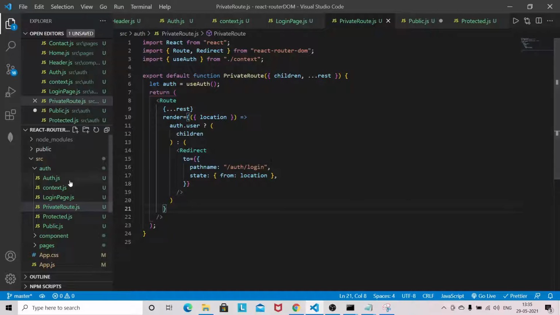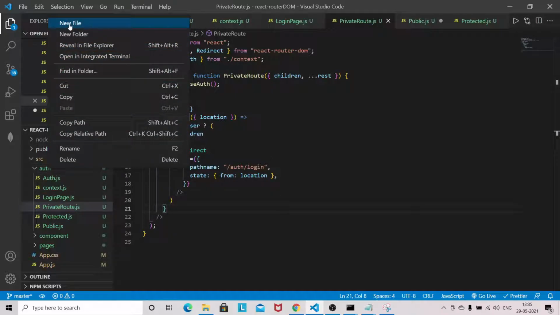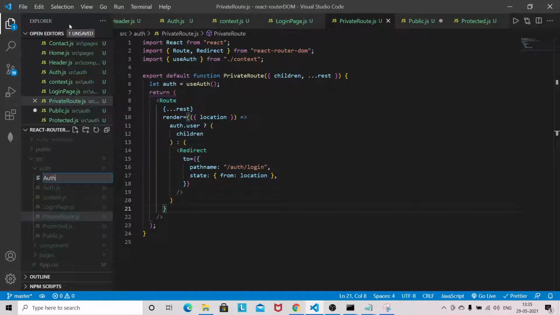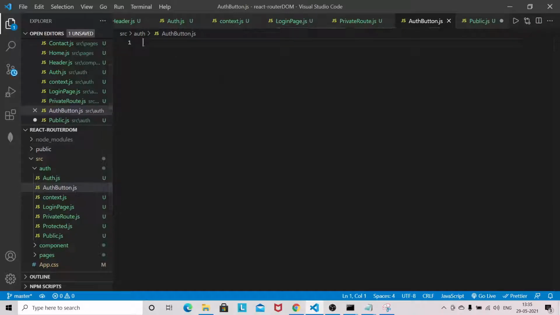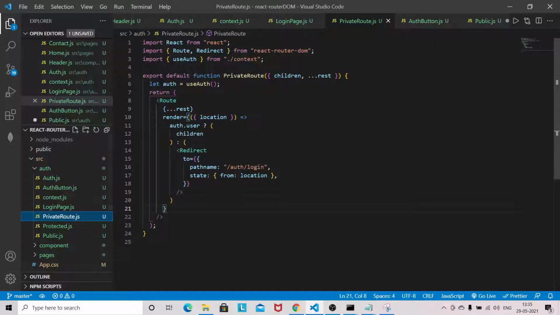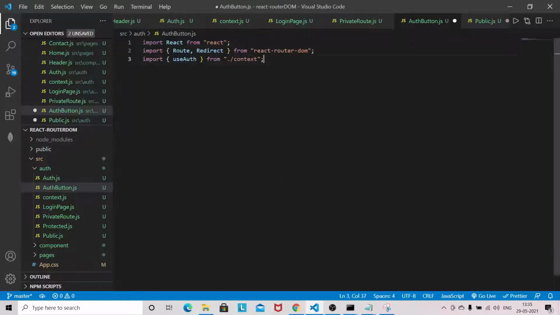So the last thing we have to add is one button here. So I'll give auth button.js. I will just copy this thing, and here we need use history, not location.